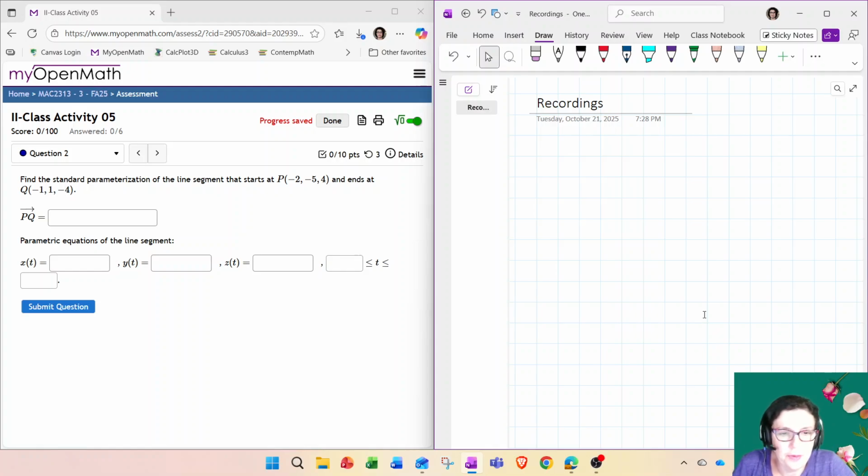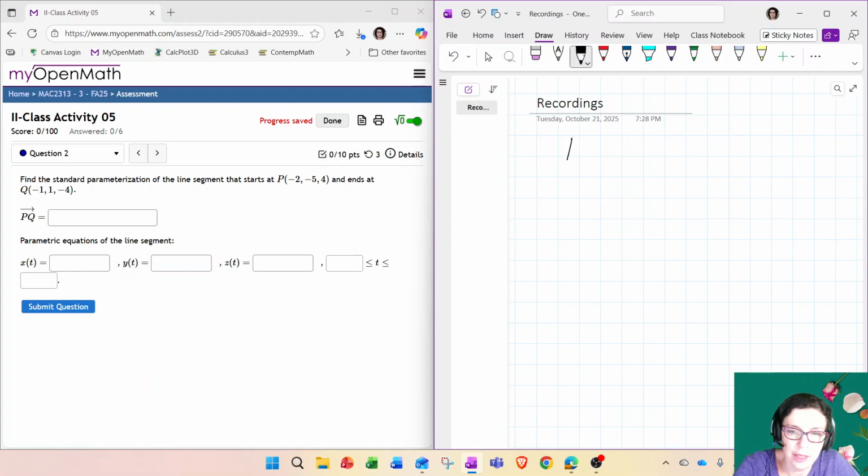Hi guys, in this video I'm going to discuss parametrization for a line segment. Now there is a difference here as opposed to the whole line. The whole line extends in both directions infinitely, right? But a line segment, and in this particular case we have a directed line segment, meaning that there is a starting